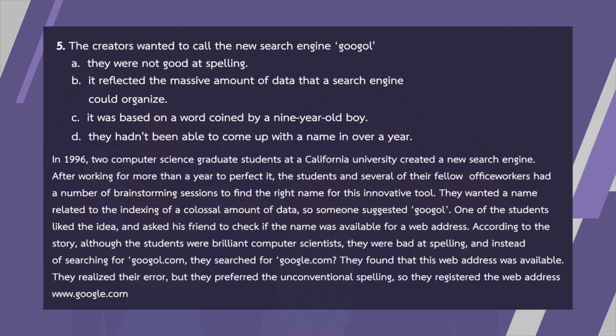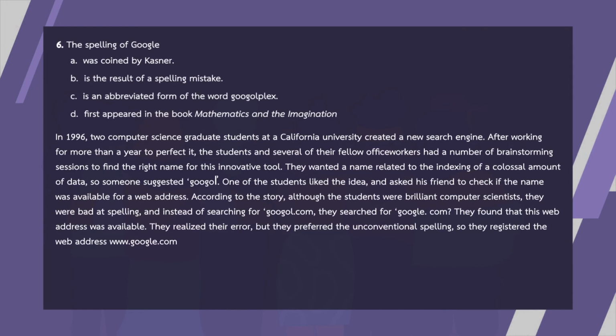Number 5 ค่ะ the creators wanted to call the new search engine Google because เขาอยากจะเรียก search engine อันใหม่เนี่ยว่า Google เพราะว่าอะไรก็ไปหาคำว่า new search engine แล้วก็ Google นะคะก็เจอใน paragraph นี้เลยนะประโยคไหนนะคะก็ตั้งชื่อเนาะ they wanted a name related to the indexing of a colossal amount of data so someone suggested Google เพราะฉะนั้นคำตอบก็คือการที่เขาต้องการหาคำที่มันเกี่ยวข้องกับ big amount of data เนาะเพราะฉะนั้นตรงนี้ก็คือข้อ B ค่ะ it reflected the massive amount of data that a search engine could organize นั่นเองนะคะ massive ก็มีความหมายคล้ายๆกับคำว่า colossal แปลว่ามากใหญ่อะไรแบบนี้นะคะ